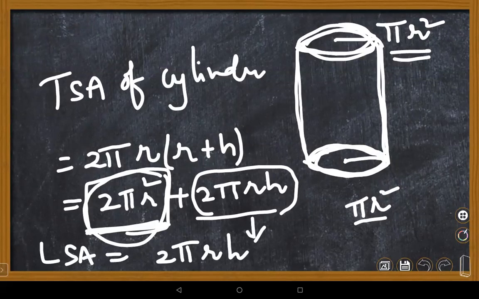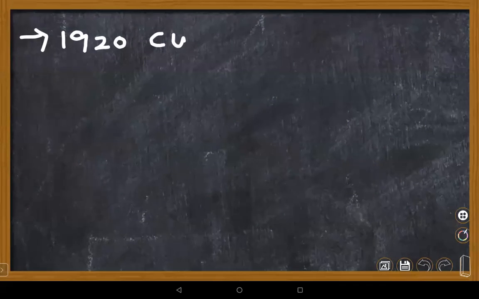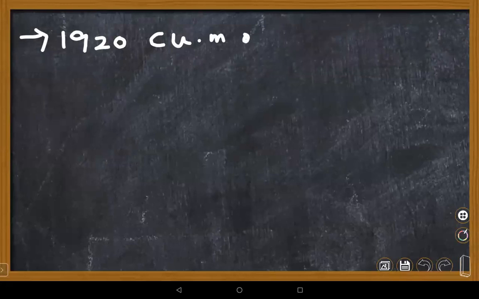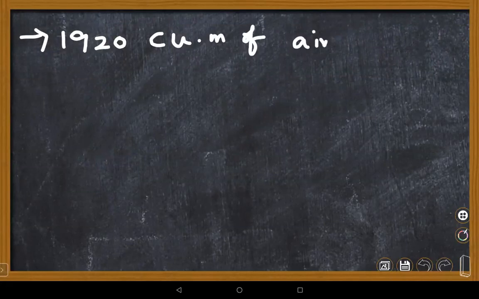Now one of the questions we have to take here, volume questions we will do. Volumes are quite easy compared to TSA and LSA. Everything is easy once you know the formulas. And here the question is 1920 cubic units. CU means cubic units, cubic meters. Ma'am, where is this question from? These are from foundation books. I'm discussing questions given in previous competitive examinations. Oh, okay.